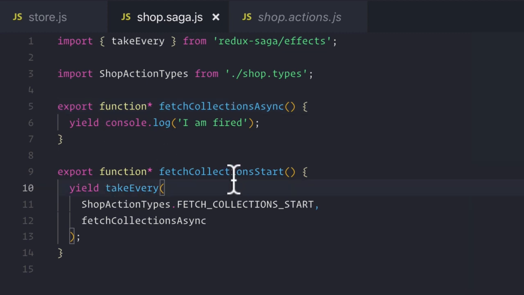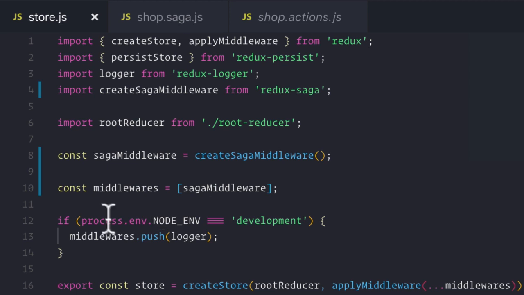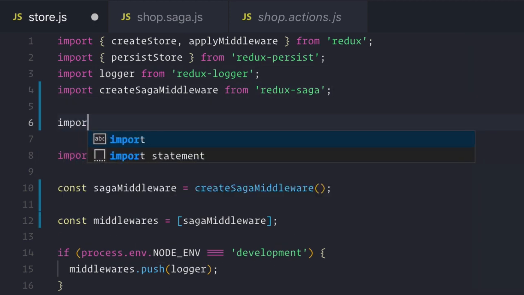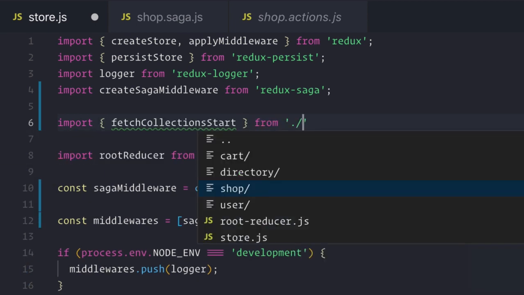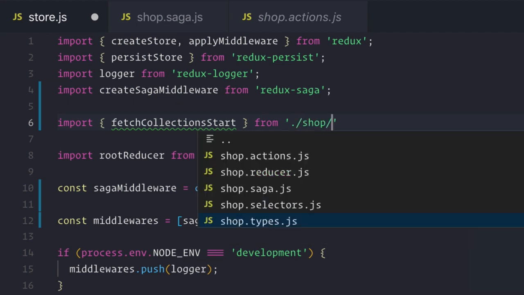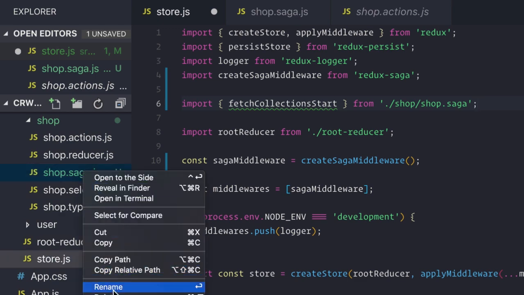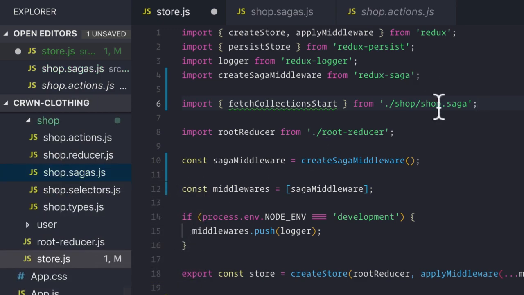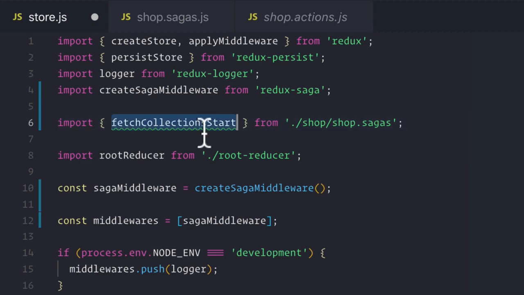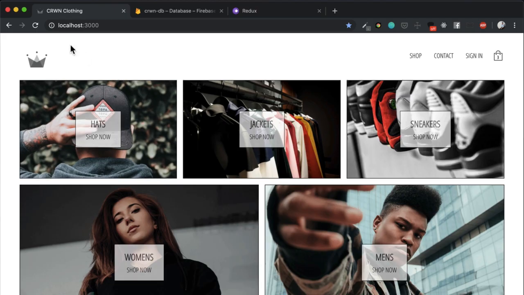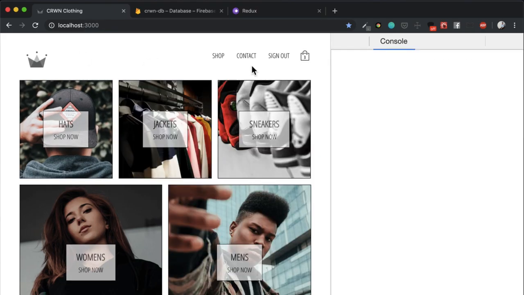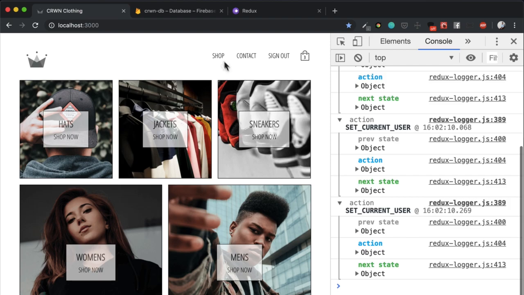But let's actually throw our saga into our store where we want to run it. So what we'll do is we will import in our fetch collection start saga from shop sagas, sorry. This should be plural. Sagas. And then we just put it in this run and we uncomment our code. And now if we go back, open up our console and go to the shop,